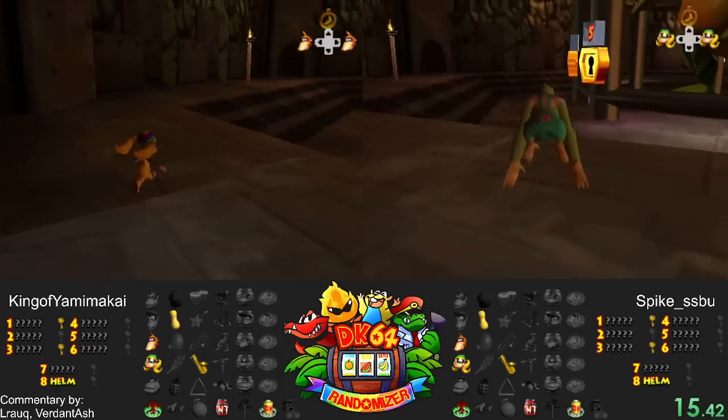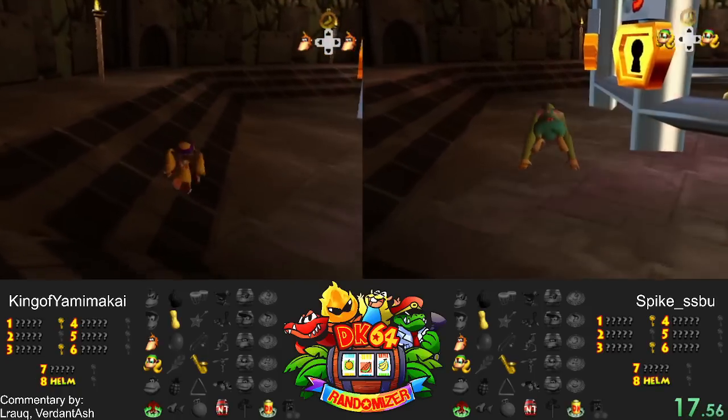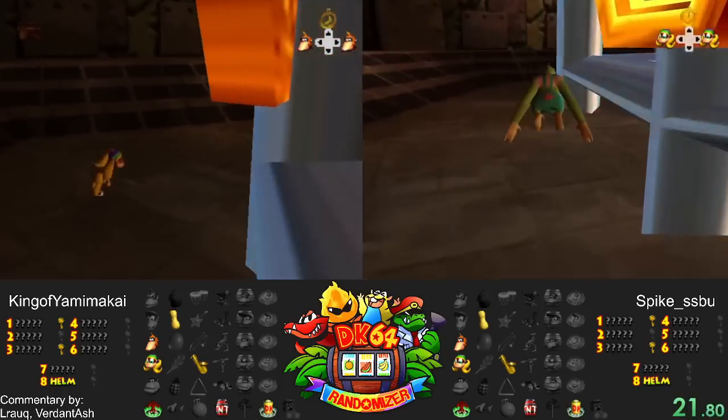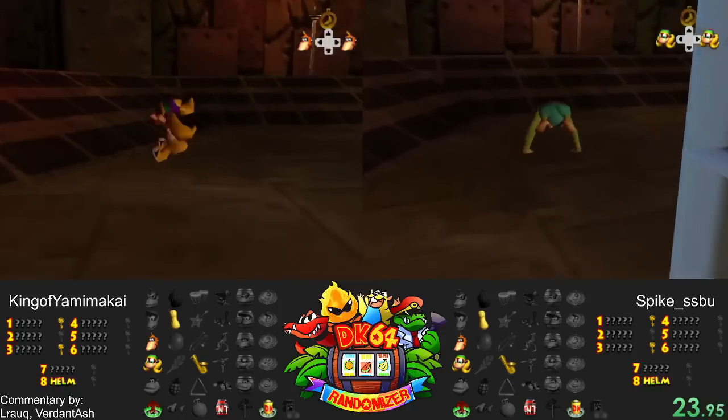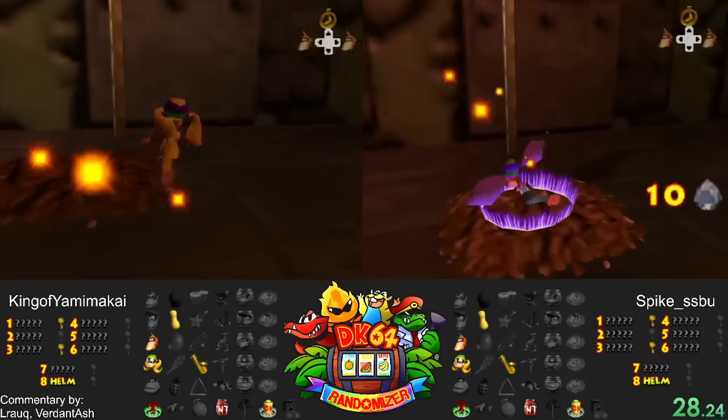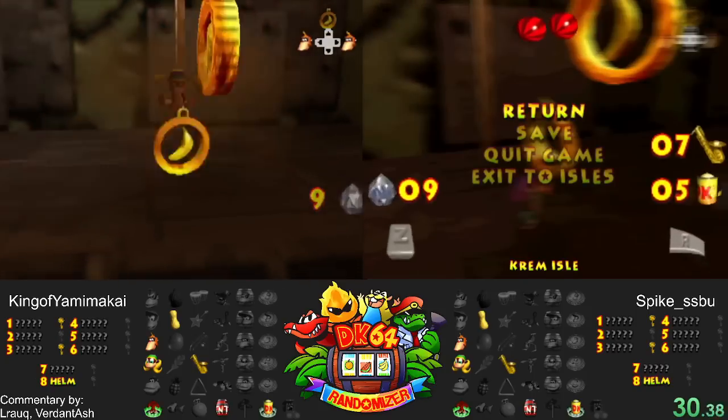Having raced both these runners before, these are some of the best of the best. These two are consistently beating the heck out of me. They are very fast, as it turns out. King, Blitz champion. Spike, I think Spike has made a Blitz final. Yeah, these guys are no slouches, but...